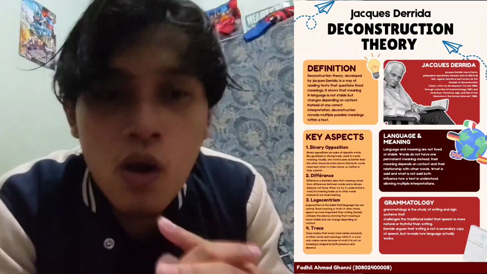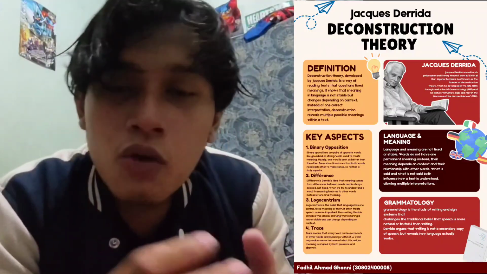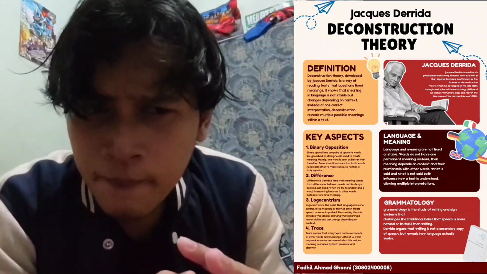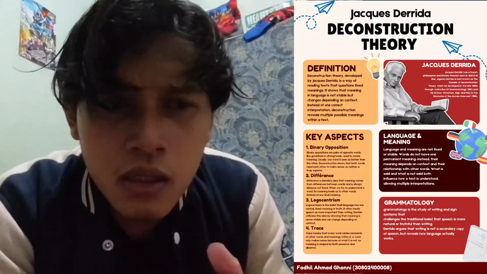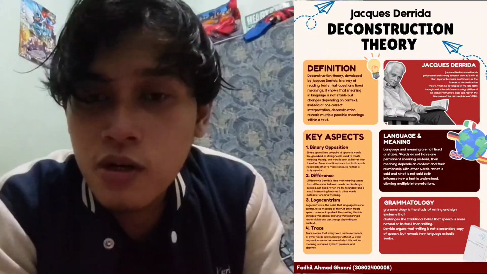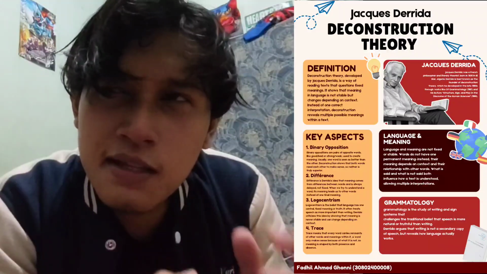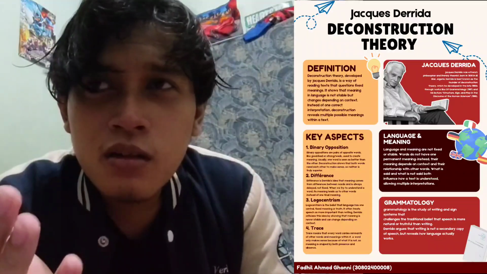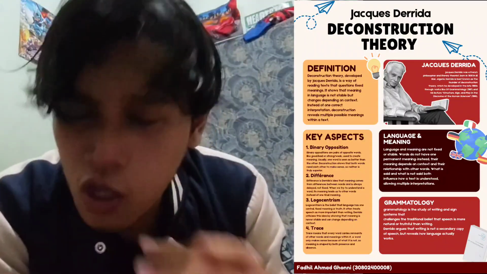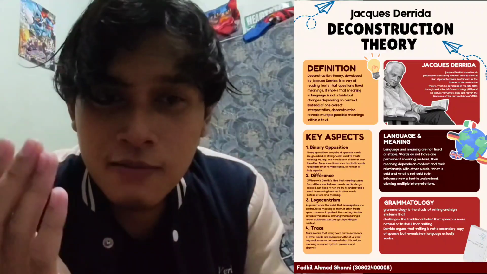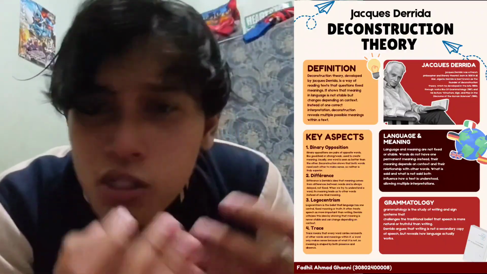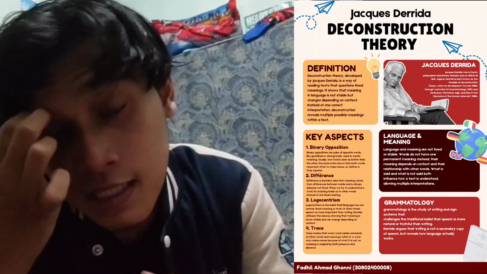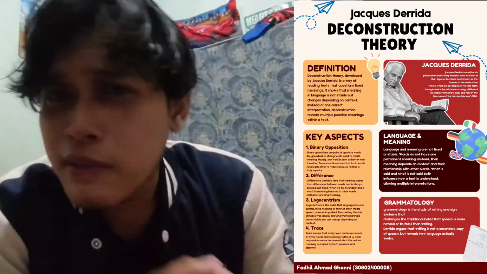So basically, Jacques Derrida was a French philosopher and literary theorist. He was famous back then, born in 1930 in Algeria. Derrida is known as the founder of deconstruction theory, which he developed in the late 1960s, or more like 1967, in his work Of Grammatology in 1967, and his lecture Structure, Sign and Play in the Discourse of the Human Sciences in 1966. So we already know the guy who made and developed it.